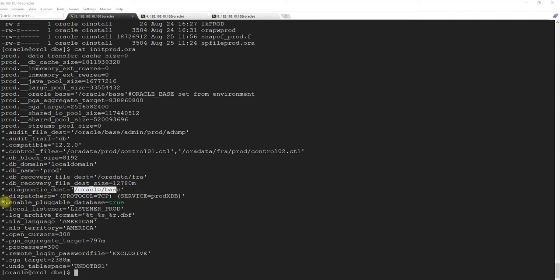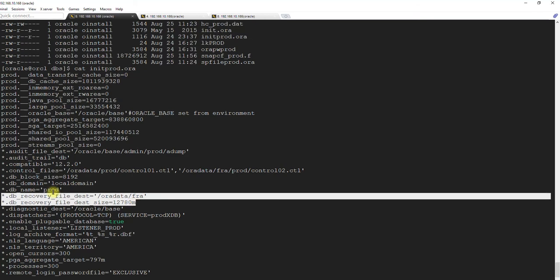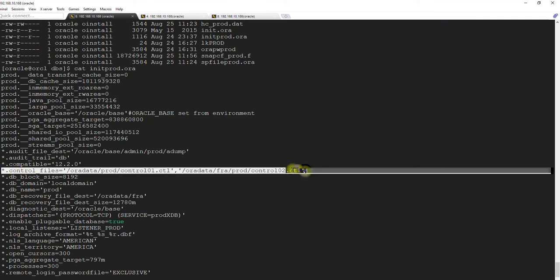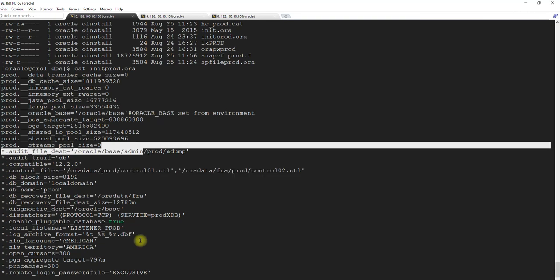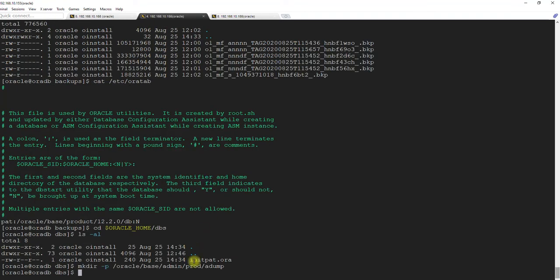This parameter is very important, so it should be there in the p file as well. So this will be in the p file, these two will be in the p file if you want a FRA location and db recovery file dest location. This parameter will be there in the p file of the secondary server. This does not have to be there, that is okay. Other than this, everything looks fine. So we will go to that server. As I have already informed you, you can copy and paste, or create the file using the vi editor and save init pat.ora, but I already have the entries as well, so I'll show you.